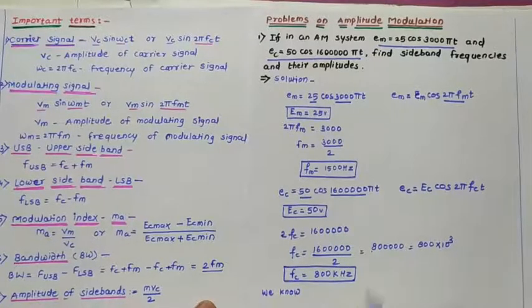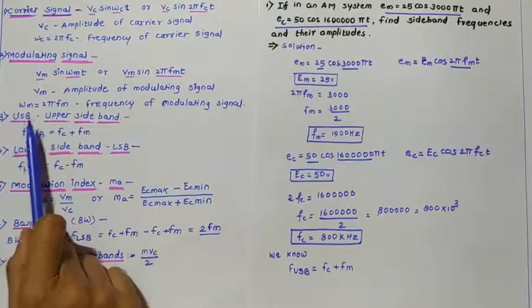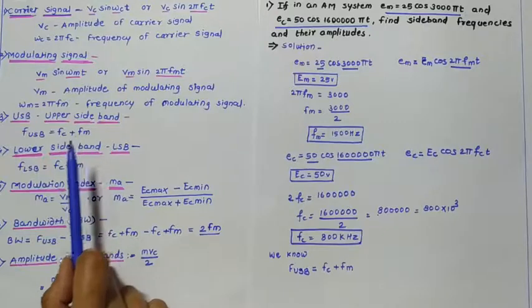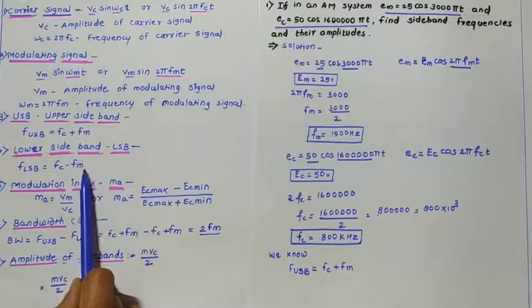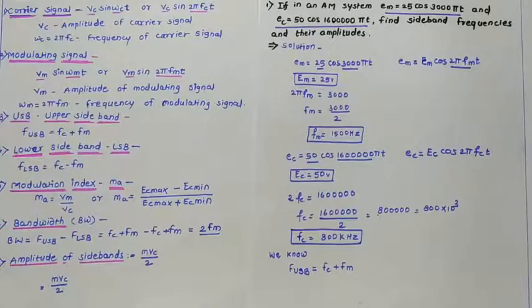The formula for the upper sideband frequency F USB is equal to FC plus FM. For F LSB, that is FC minus FM. So this is the formula for the lower sideband. Okay students, so by using these formulas we can write here